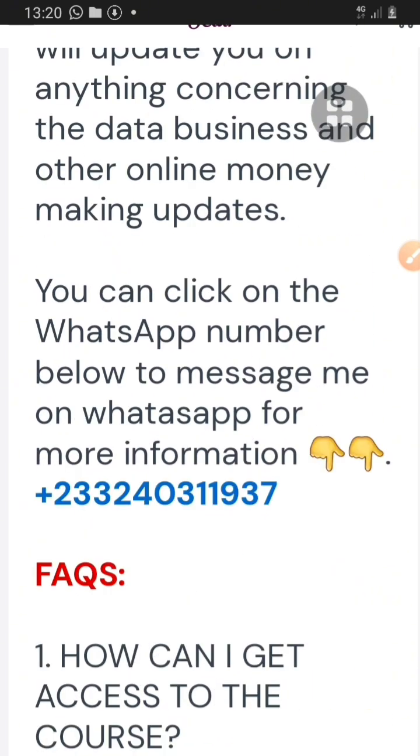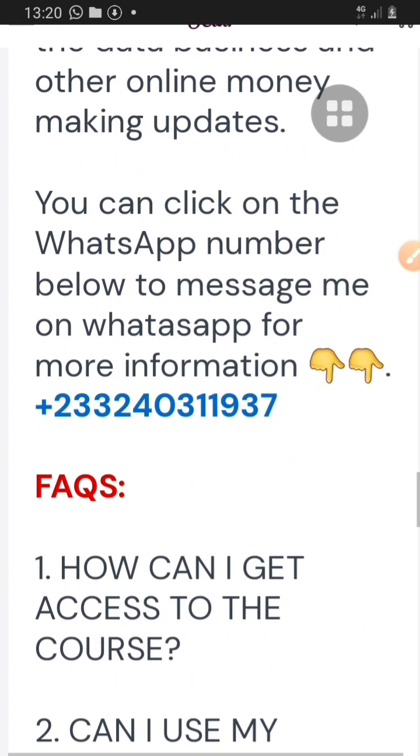So if you are interested in getting access to this information, you can just tap on the learn more button to make a payment of just 50 cedis. Then after that, you'll be directed straight to my DM, and I will show you how to get started. I will also add you to a support group whereby I will teach you a bit on how to make extra money online with just your smartphones.